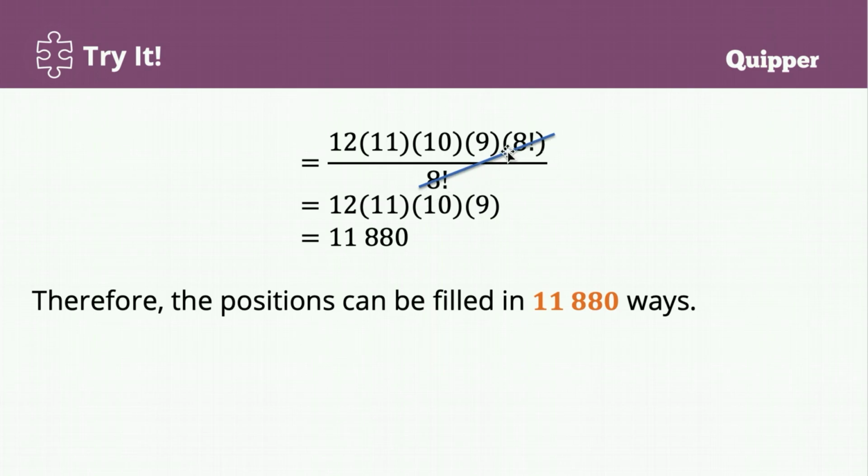And again, this is just 1, so that we do not have a long process. So we have now 12 times 11 times 10 times 9, and by using a calculator, we have 11,880. Therefore, the positions can be filled in